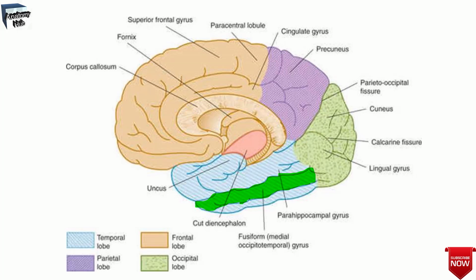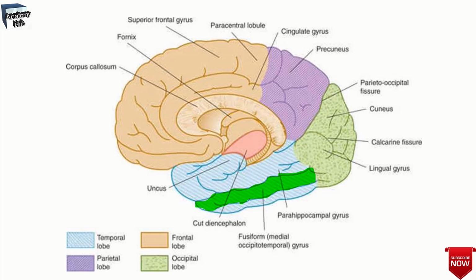So this region of the brain has been implicated in higher processing of visual information, including your visual processing and recognition of faces, body, color, and words.